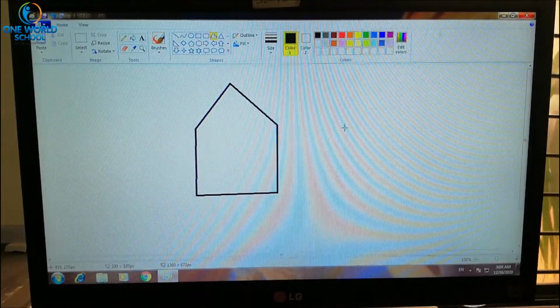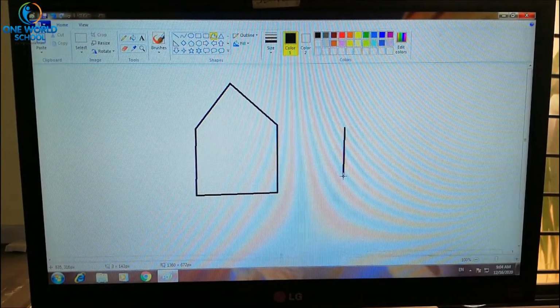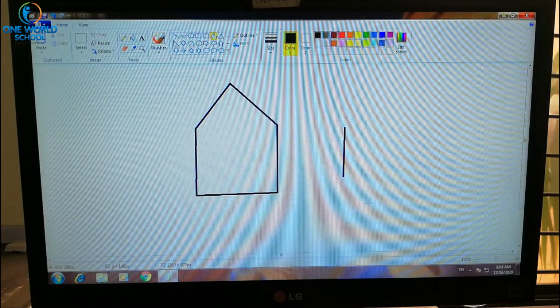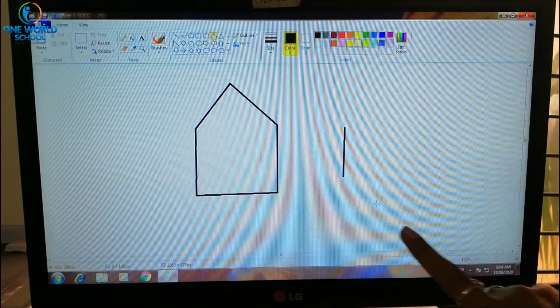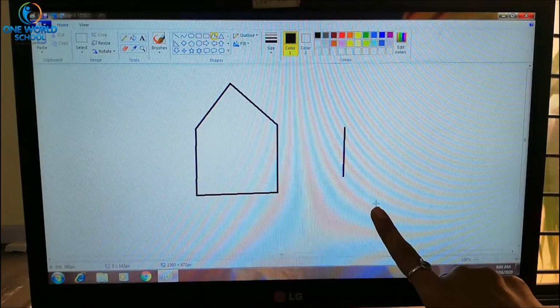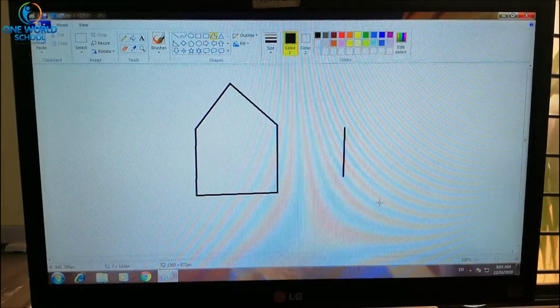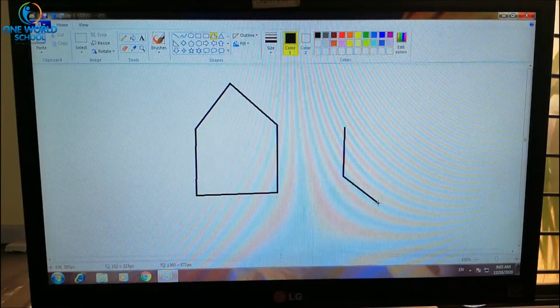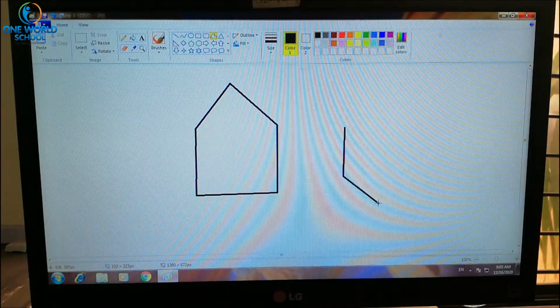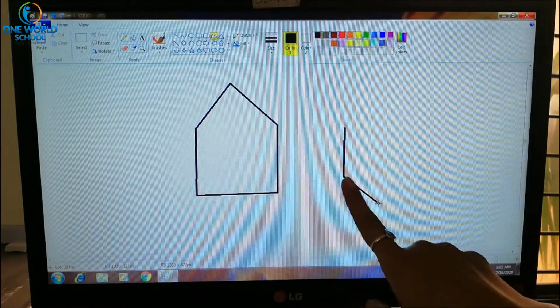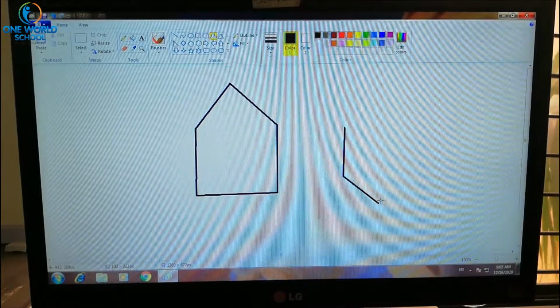Then after that we make a line. Now look here on the screen, we have to put our mouse arrow here, and now you just have to click one time. Then our shape will be drawn. The line has been done.